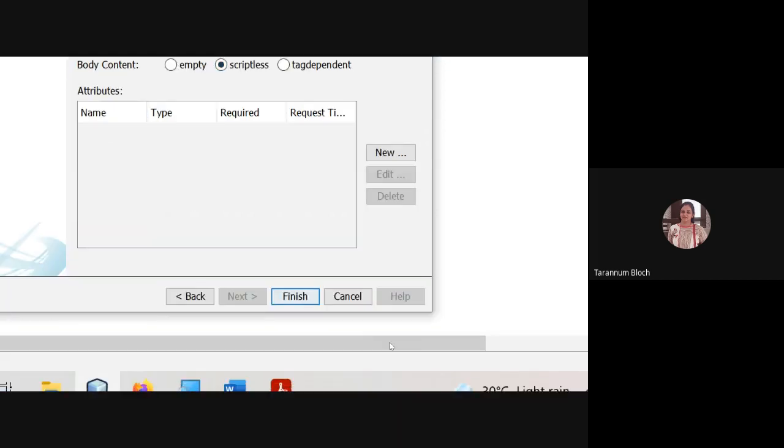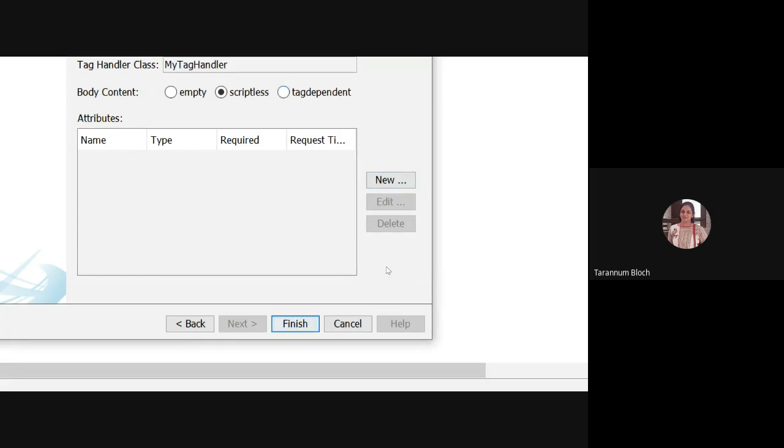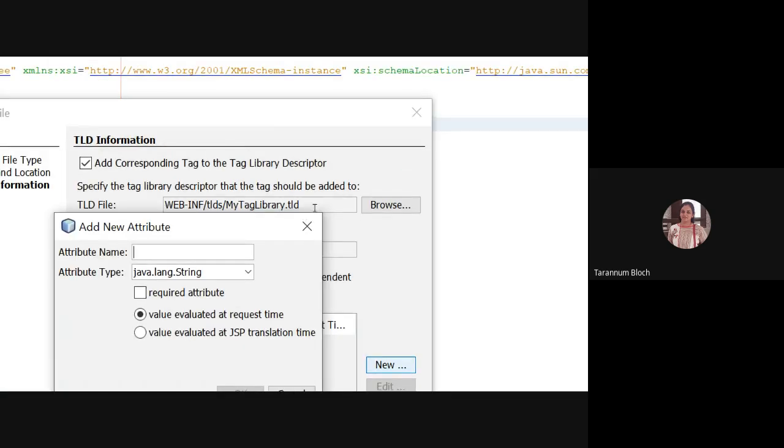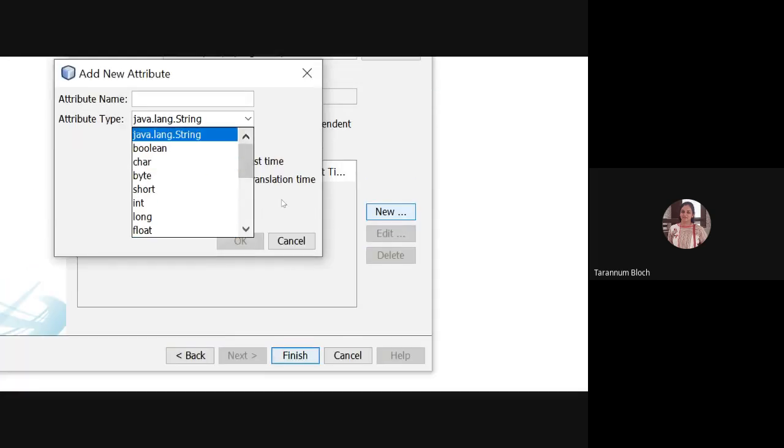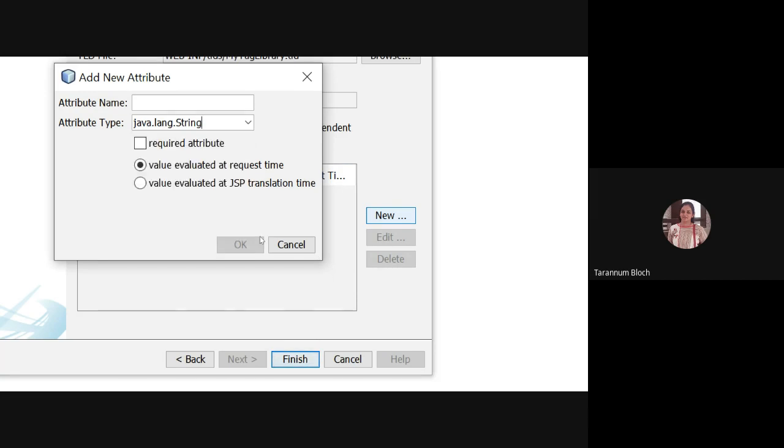Okay, you can add attributes if you want. Like when I say input tag, we have type as an attribute and value is text. So you can add attributes by clicking new, and you can specify the name and the way it accepts the data, right? And you can choose required, which means you must specify, or you can have optional. For example, for image, src is compulsory, alt is optional, right?